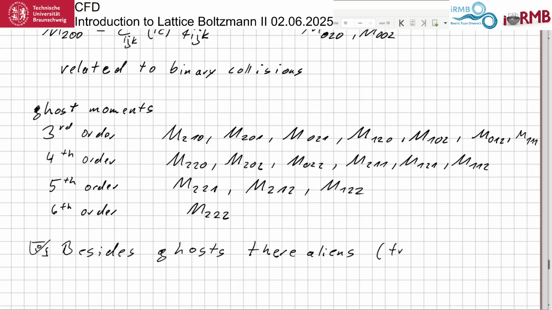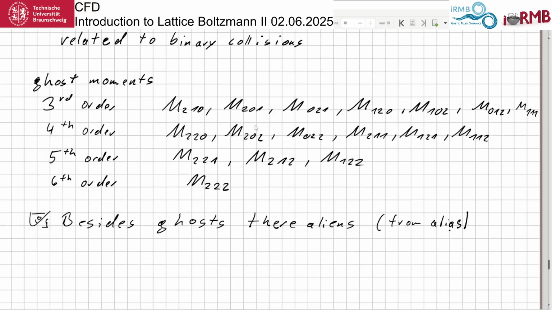The only thing that I made up is aliens, but because I have a name in lattice Boltzmann, I can make things up and they actually turn out to become official. I now call these things aliens. I know that aliens is written a little differently than alias, but it comes from alias. What we mean by aliens is that there are moments like